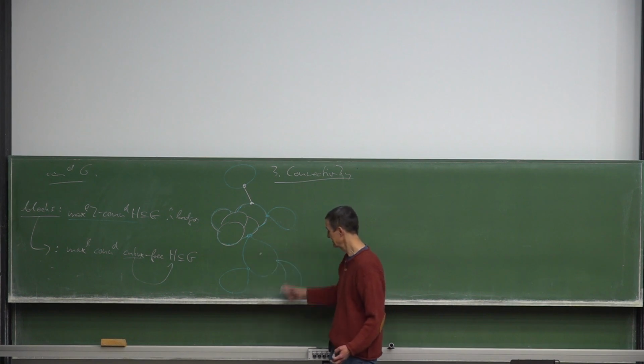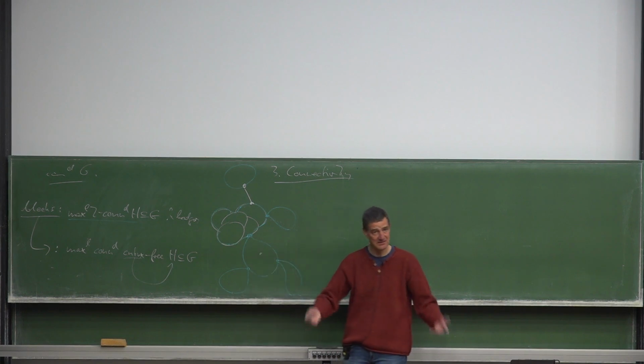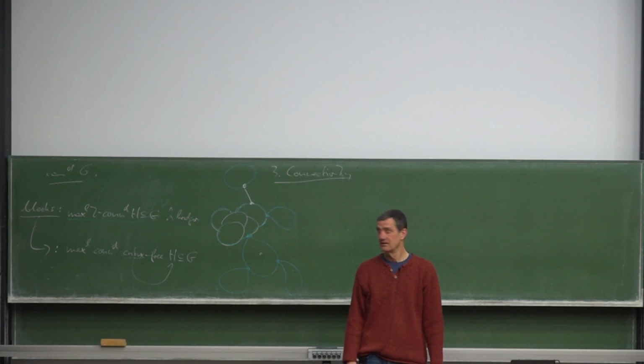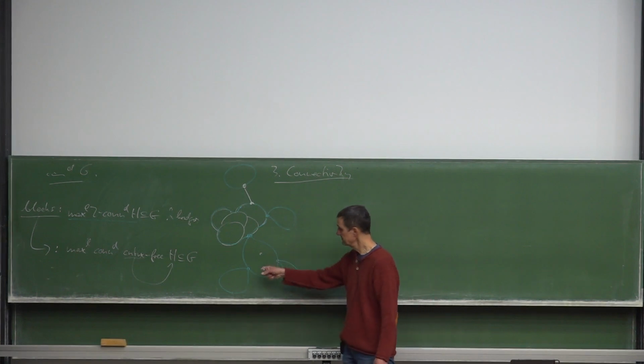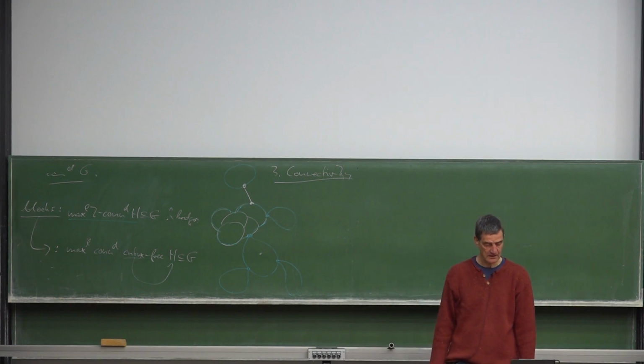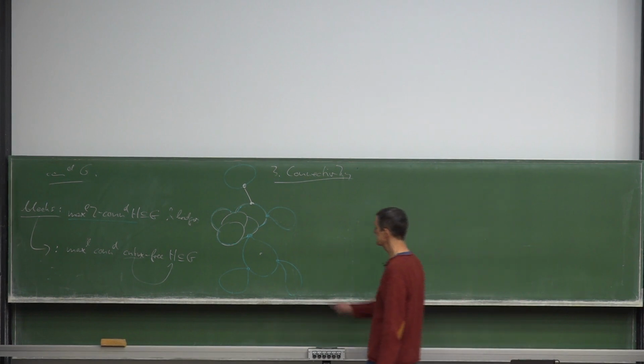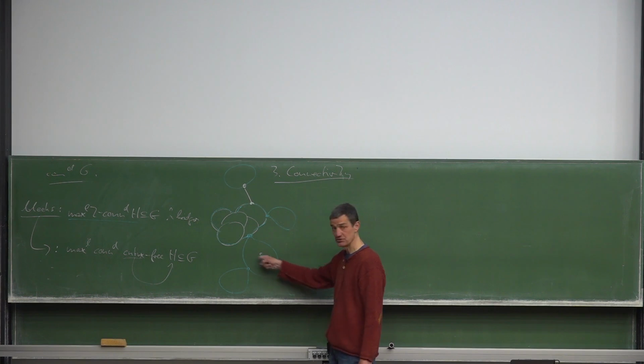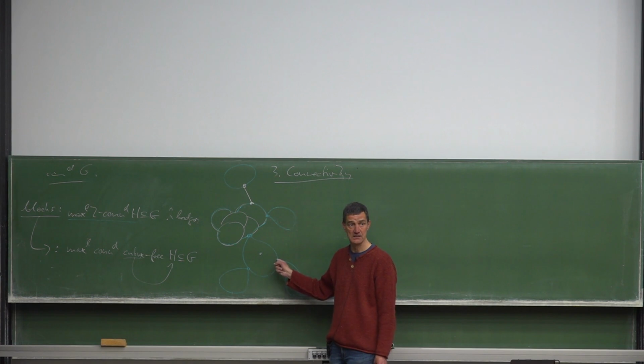If this is cut vertex free and that is cut vertex free, something that needs checking. So they share at most one vertex, and any vertex that they do share that lies in two blocks is a cut vertex of G. Why? Because it separates in G vertices of the two blocks,